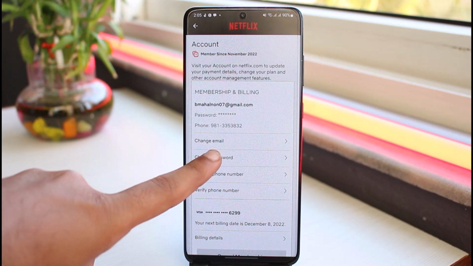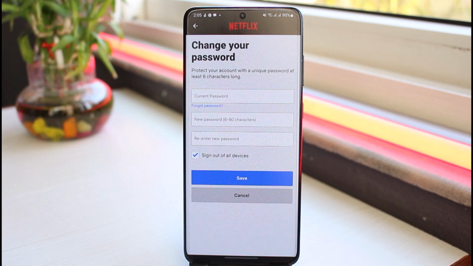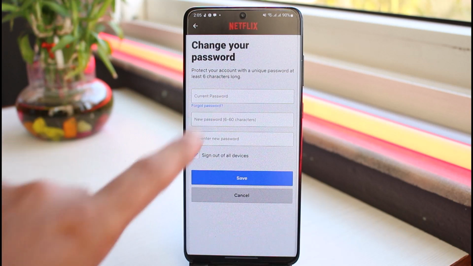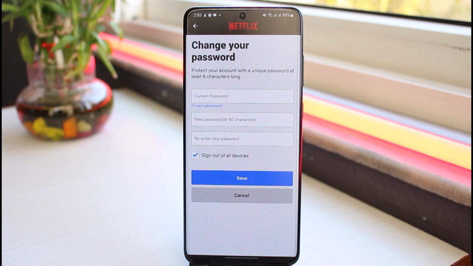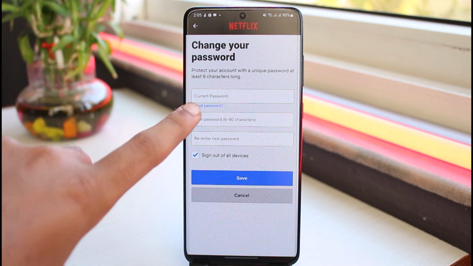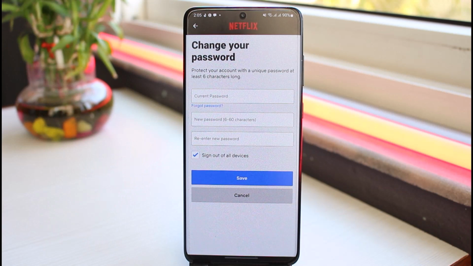is right over here. So simply tap on it and now you'll be taken to this page where first of all you'll have to enter the current password of your Netflix account, and once you've entered your current password, simply enter a new password for your Netflix account which you want to change, and remember it must be between 6 and 60 characters. And once you've created a new password for your Netflix account, simply retype your